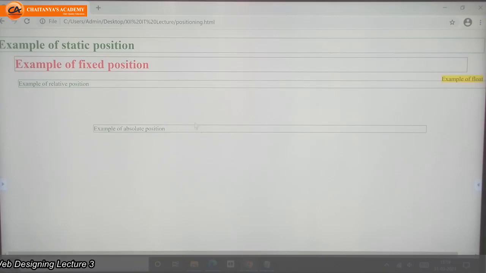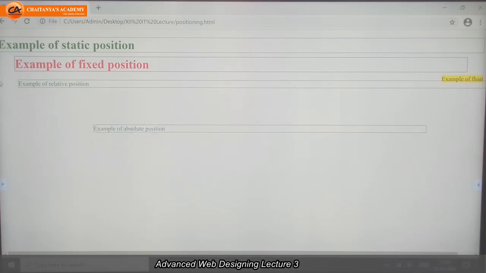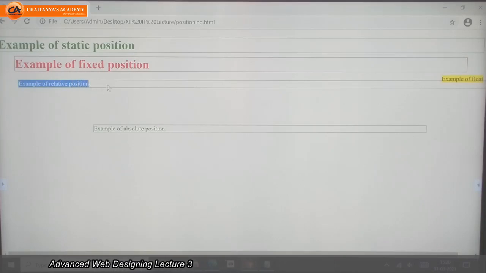If we want to display an element relative to the window, relative to the screen, we will use absolute position. If we want to display an element relative to its normal position, we will use relative position.